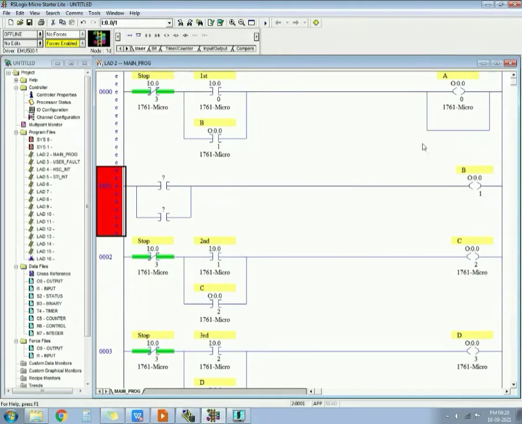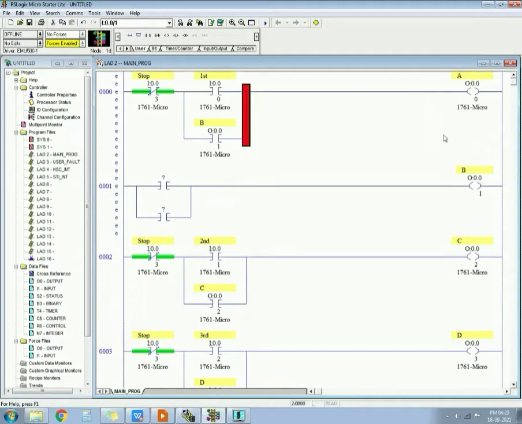I will take this output B over here. In the second rung I have separated A and B. Okay, so this is also a solution for this question number 6. Okay, so you can check how to do it.